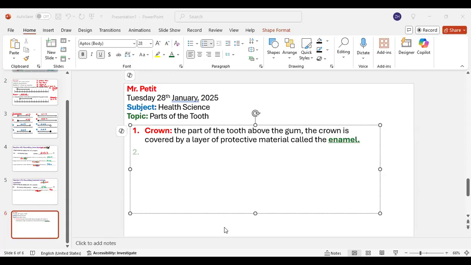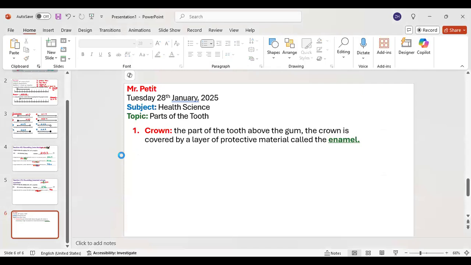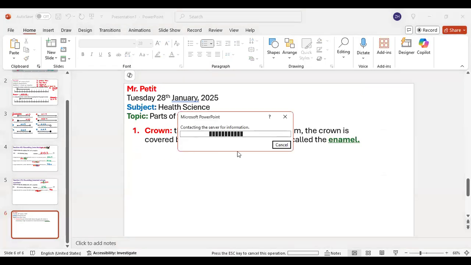So the crown is that part that's above the gum, and it's protected by the enamel. So let me show you it. This is going to be right now. So this is